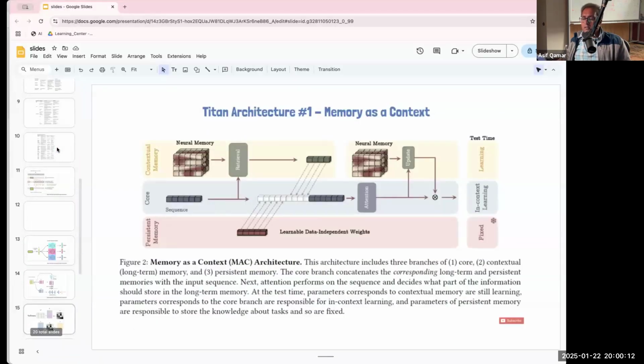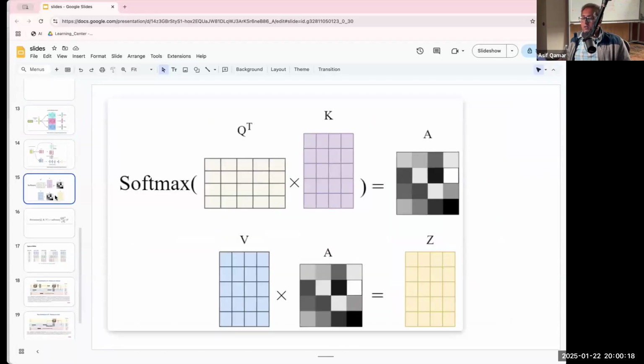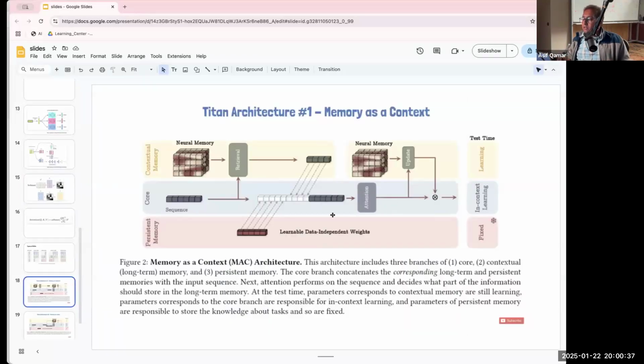So in simple terms, it's trying to make sure that at the end of the day it's creating the attention matrix. The way it creates the attention matrix is different in this architecture. In the transformer architecture, all the inputs that you're giving to the machine are assembled at the time of attention. But in this architecture, it's not so. Now we get the summary of information from long-term memory, and then some information from the persistent memory, and all of them together are fed into the attention layer.